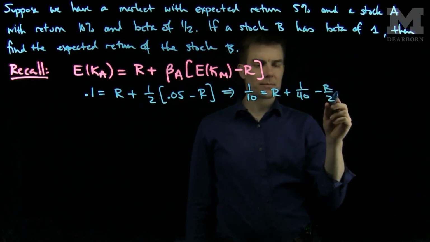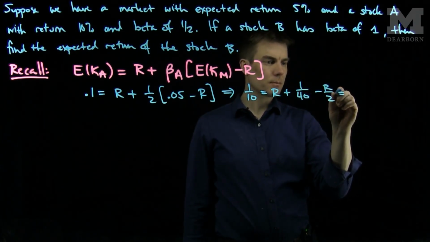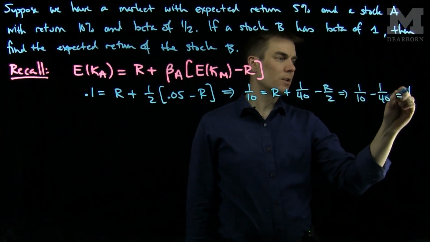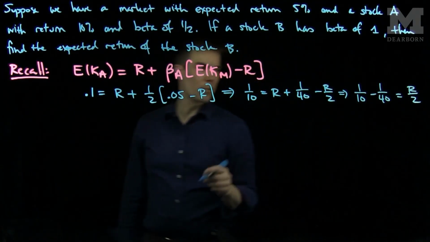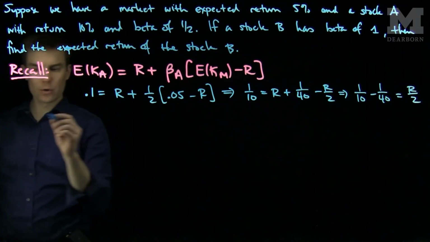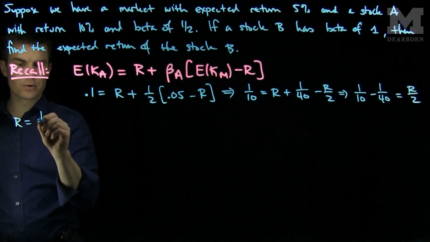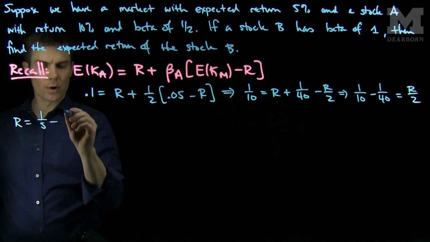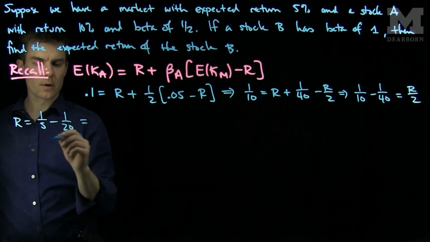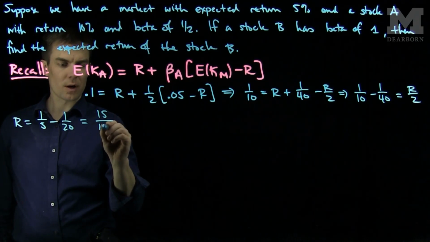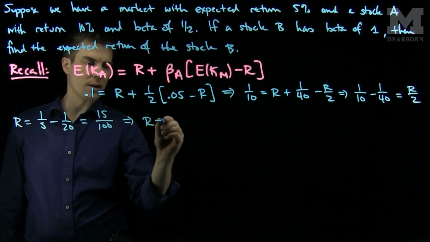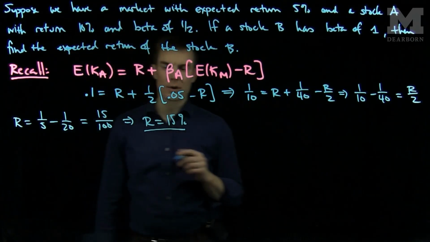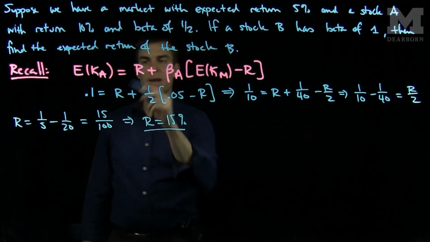which tells me that 1 over 10 minus 1 over 40 is R over 2. So if we multiply both sides of this equation by 2, I will have that R is equal to 1/5 minus 1 over 20. So we see that this is 15 over 100, so that implies that R is 15%. So we know that the risk-free rate of return is 15% in this situation,